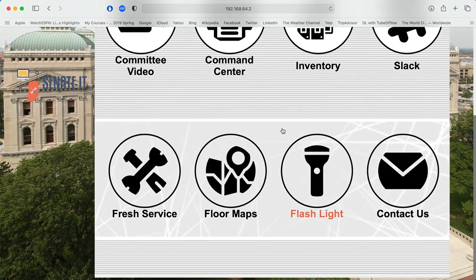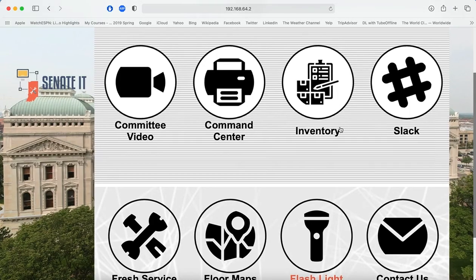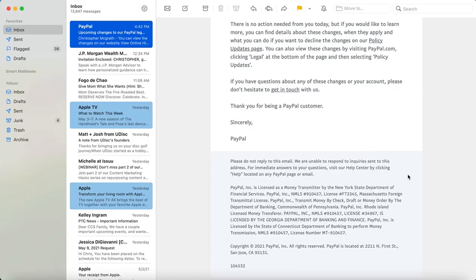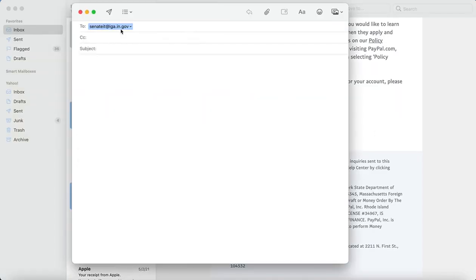When you get down to the bottom of the page, you'll see a couple features that I added that make it more of a comprehensive website experience. I have a contact us button that's been implemented so that an employee of the Senate would be able to contact the Senate IT department if they needed something fixed on their computer or with any such technology. So if you click the button, all it does is open up an email to the Senate IT